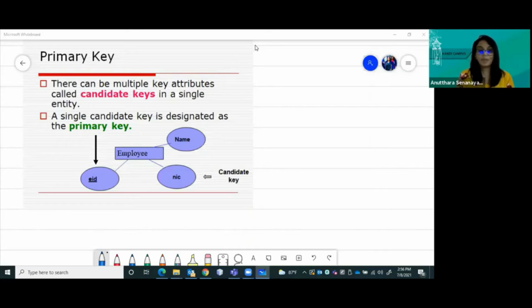So normally as the primary key, in your context, we could go with NIC numbers or the employee numbers. If it is about students, we could go with student numbers, right? And things like name, we cannot take as unique attributes. Why? Name could be repeated, could be duplicated. And address also we can't take